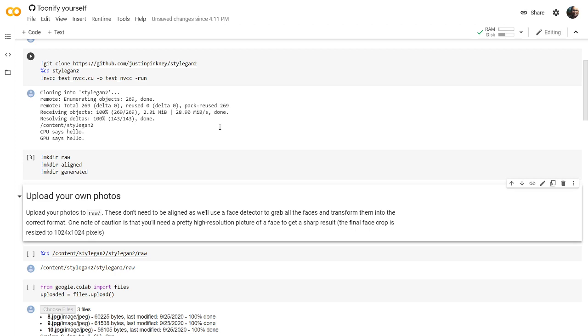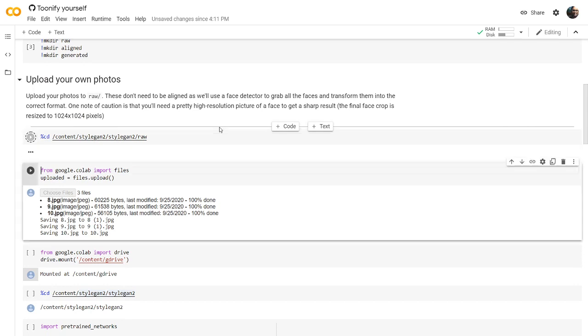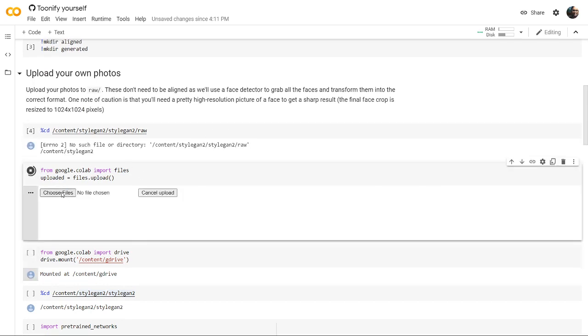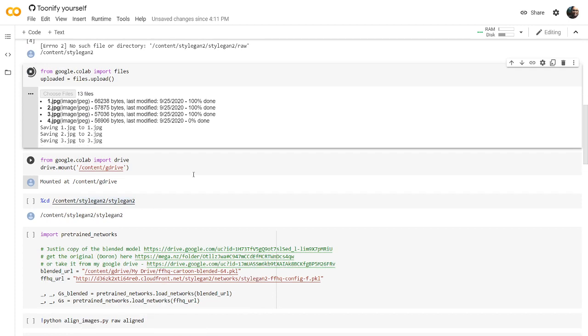So we'll be creating three folders there, and now we'll be going into the raw folder to upload the images. As an example, I'll be uploading the cricketers' images here, all the cricket team images. Let me upload them, it will not take much time because they are very small files.